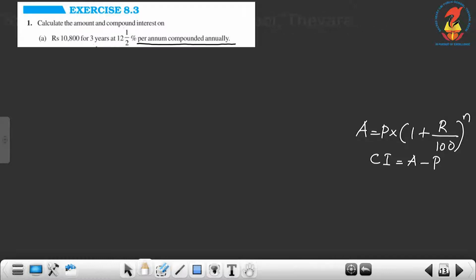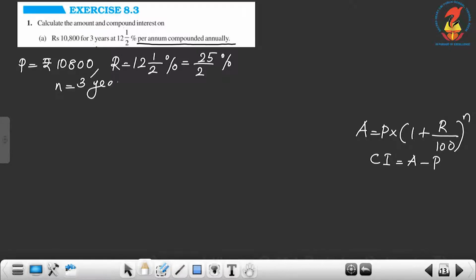Now the first step we can write P equal to rupees 10,800, then rate of interest R equal to 12 1/2%. We can convert this into an improper fraction, 12 1/2. 12 2s are 24 plus 1, 25. So we can write 25/2%. Then n is equal to 3 years. First of all we have to calculate the amount, so amount at the end of 3 years